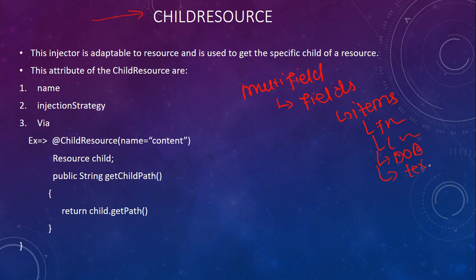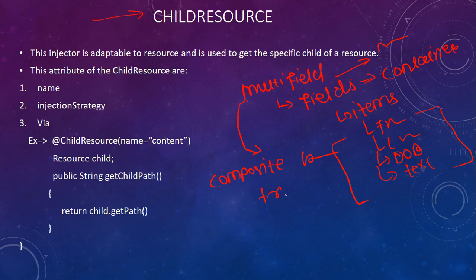So it's four or five fields we have. And all these things are stored inside this container. And where is this container stored? Inside our multi-field. So inside this multi-field, when you define composite equals true, composite boolean equals true,